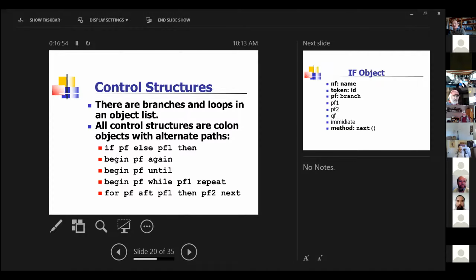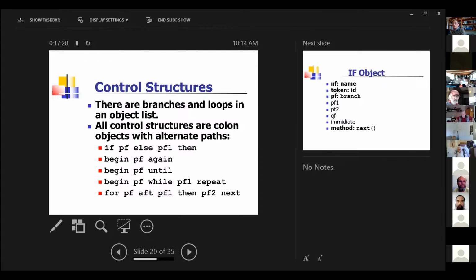And the begin while repeat uses the PF for the true clause, and uses the PF1 for the repeat clause. For next generally executes PF, but if you have after then it actually has PF, PF1, and PF2, 3 lists to choose from when